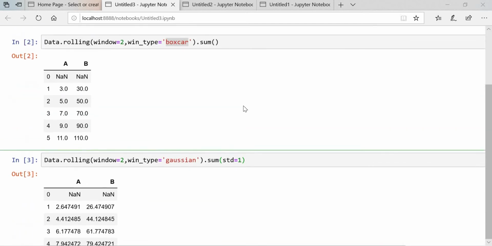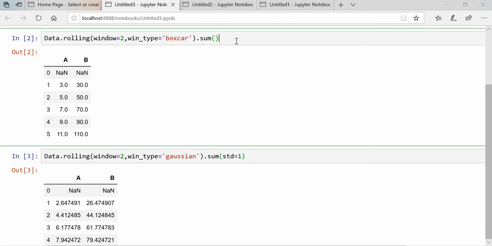Hope this will make sense, guys. Here we have some backend work, meaning how this comes about. If you want that, please let me know so that I will make the video accordingly.